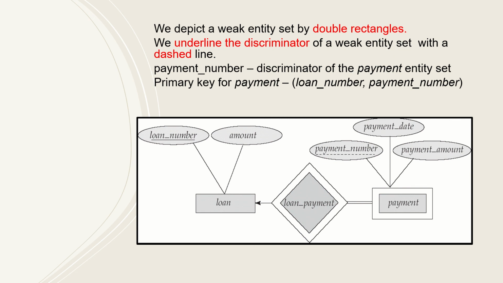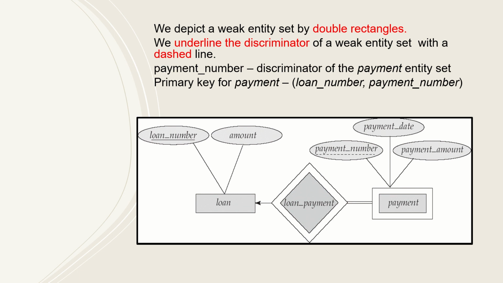Normally, an entity set is represented by a rectangle, and a weak entity set is represented by a double rectangle. That is, this means that payment is a weak entity set. Okay, and next is how to represent the relationship. The relationship between a weak entity set and a strong entity set is called an identifying relationship. And normally a relationship is notated using a diamond symbol. Since this relationship is between a weak and a strong entity, this type of identifying relationship is represented by a double diamond.